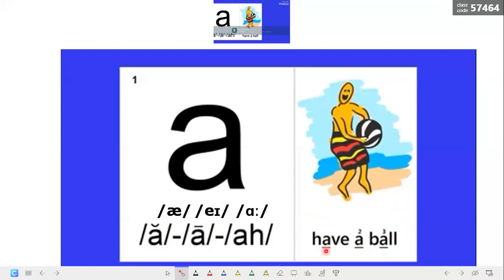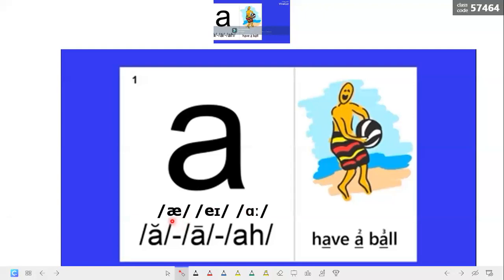If you look at the underlined vowels, it is the same letter underlined in the three words. And the first one here represents the first